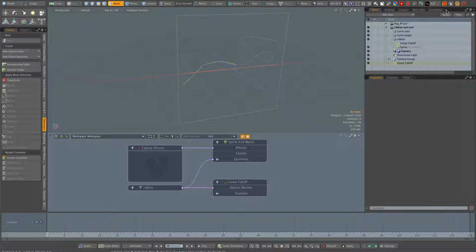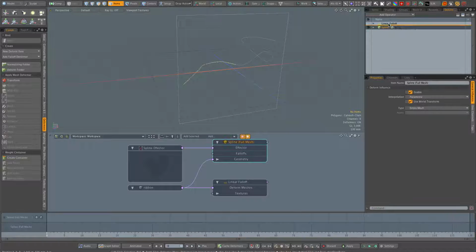So we're going to add a tab to get the deformers here. It's not visible in this setup viewport. So you click on the little plus here, go to data lists, deformer lists. And see the spline, since we added it first, is below the linear fall off, so it would act before, which is not what we want. So let's take it and drag it above. All right, so now linear fall off.